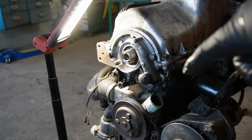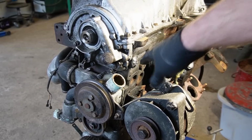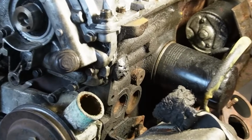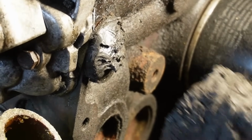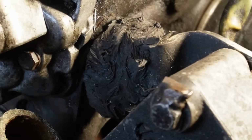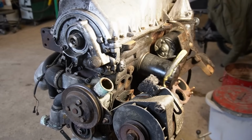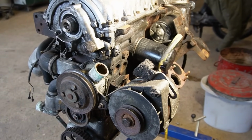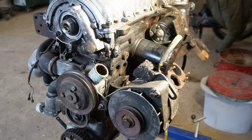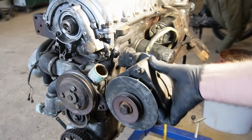And then I'm going to turn my attention to this side of the engine because we have a problem here. Notice that? That's a piece of glue, rubber glue. The bracket for the generator has been glued on. I'm quite surprised that I didn't notice anything when I drove it. It seems to be charging just fine, but it wasn't squeaking either. But that's gotta be pretty